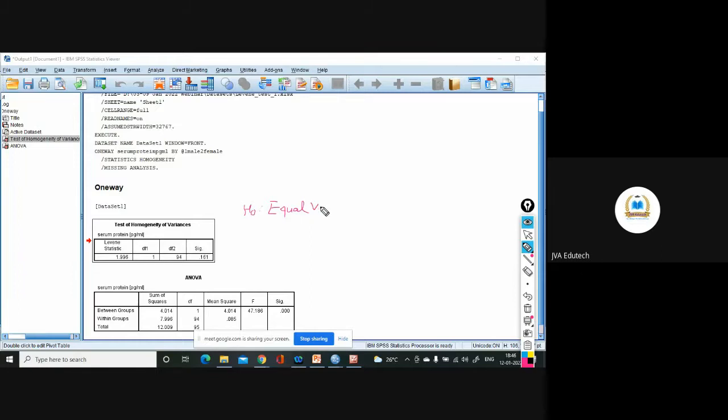So in our case, the null hypothesis is equal variances assumed, and the alternate is equal variances not assumed.